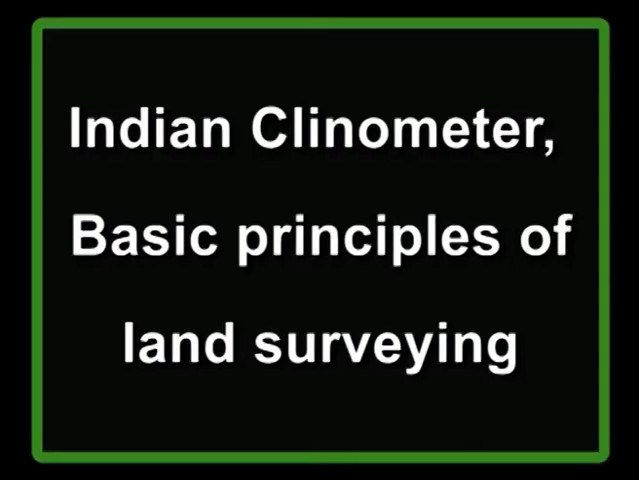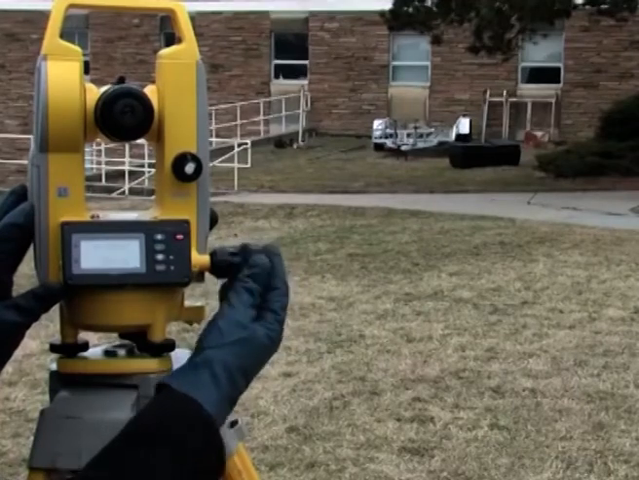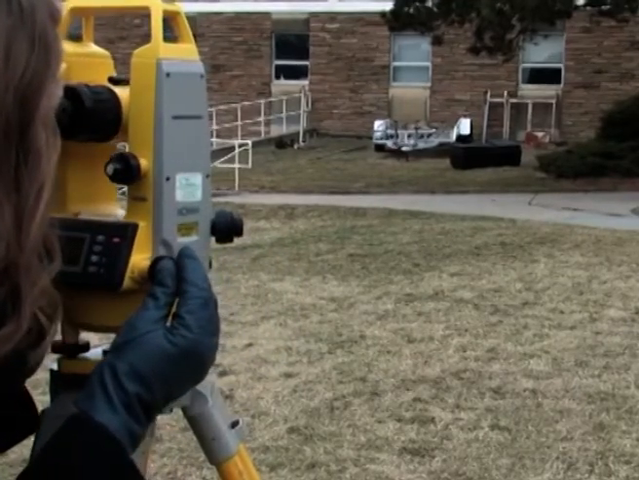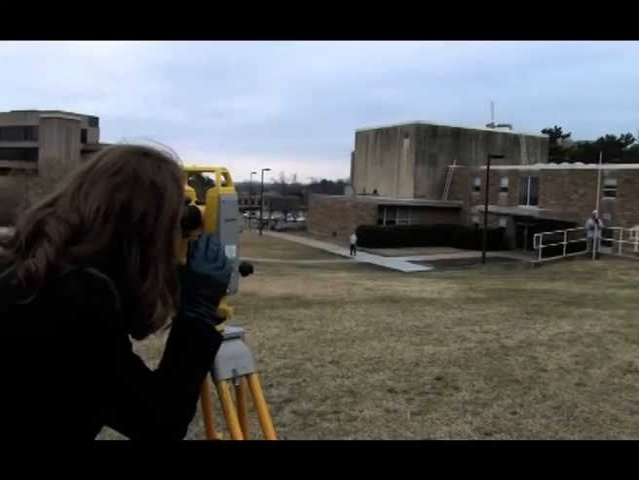Namaskar. Today we will discuss the Indian clinometer and basic principles of land surveying. Introduction. A clinometer is an instrument for measuring angles of slope or tilt, elevation or depression of an object with